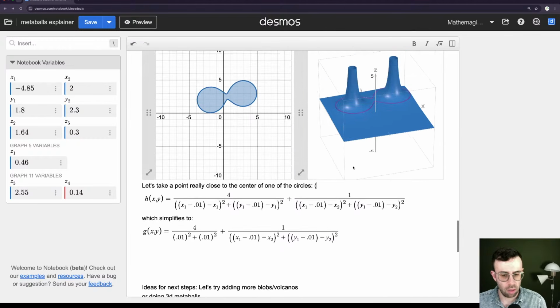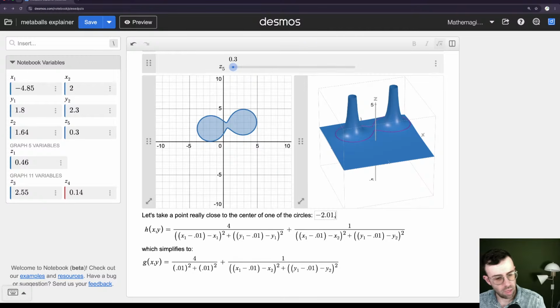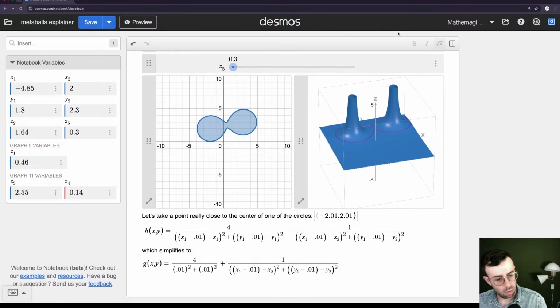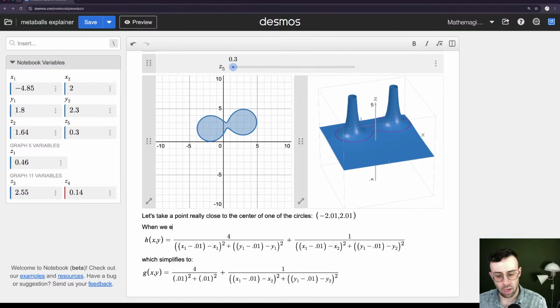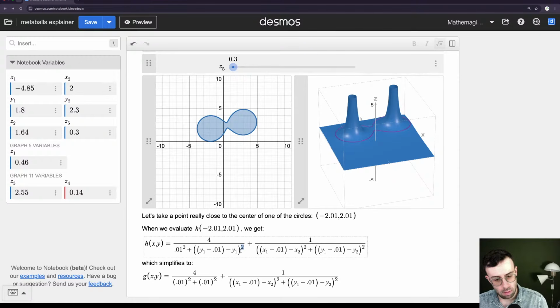So negative 2.01, and we'll do 2.01. When we evaluate h of xy at negative 2.01 comma 2.01, we get